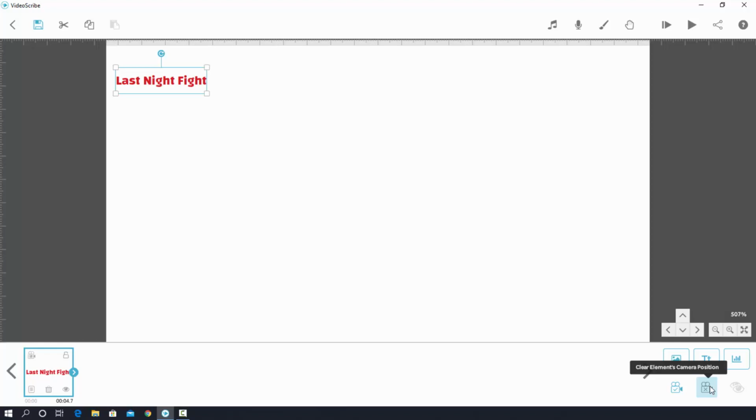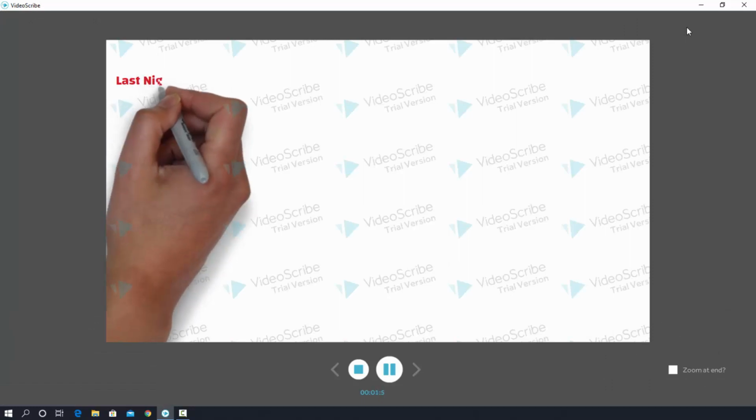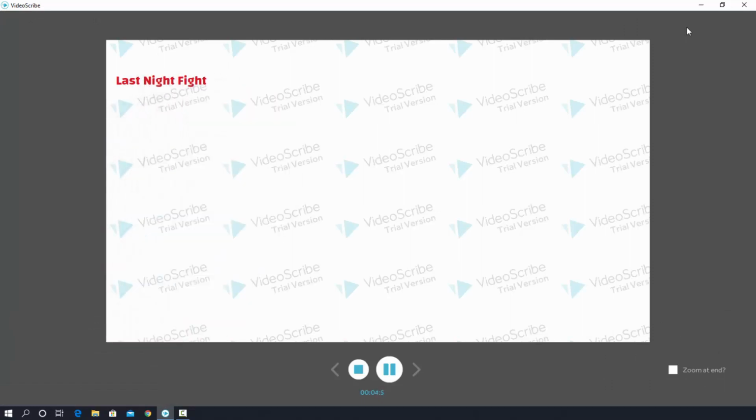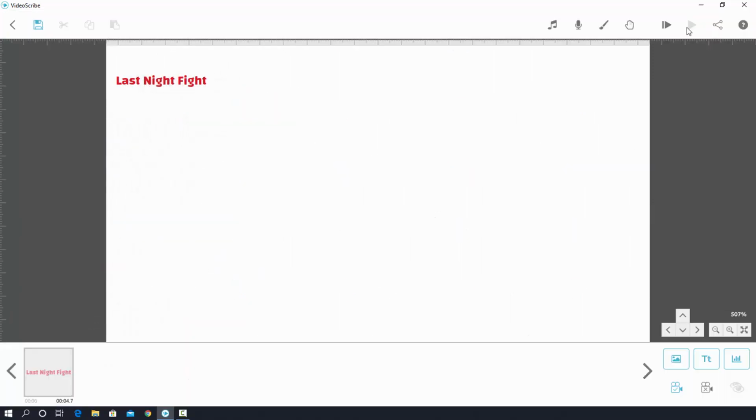Okay, now I don't want to remove it. I want to see a preview. So simply hit on here. Okay, at this time, I will clear the camera position effect. To do that, select the text, then remove it from here. Just hit on here. Yes, it has been removed. Now I will play for checking.